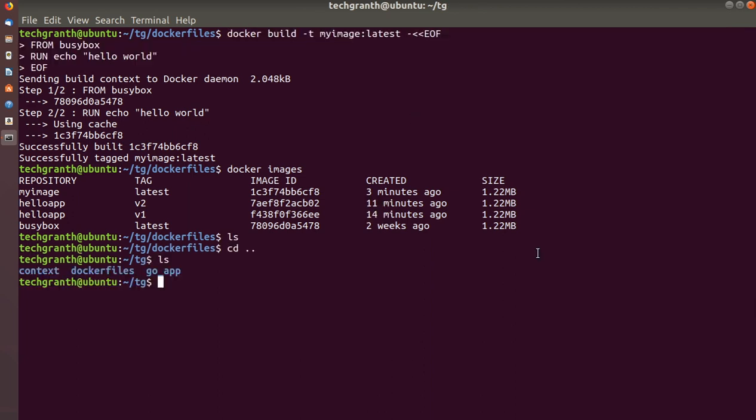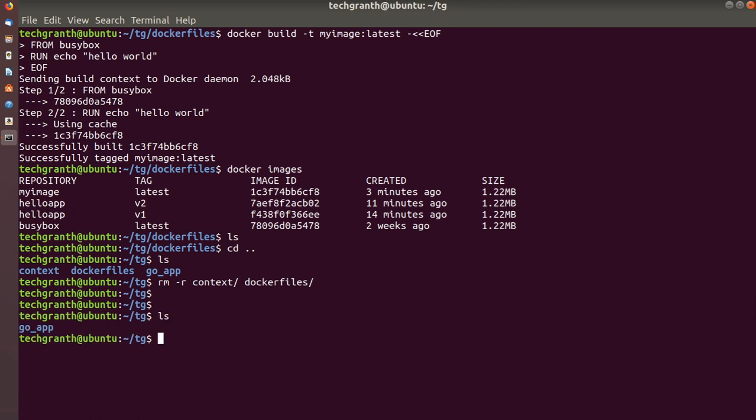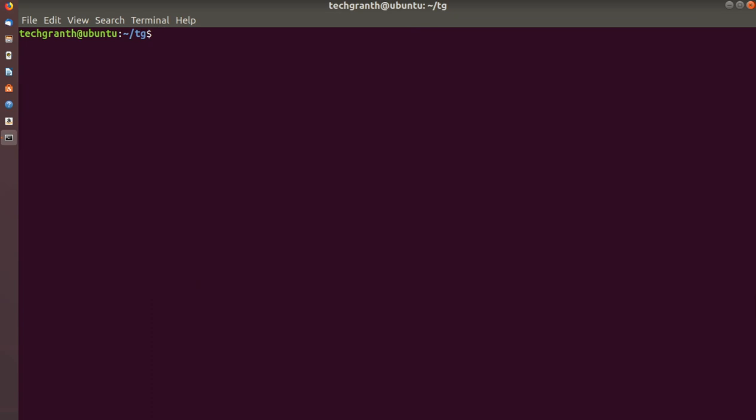Let me just remove this context and Dockerfiles. Now we only have the Go app here. So let me just create a small file here, test file dot txt.